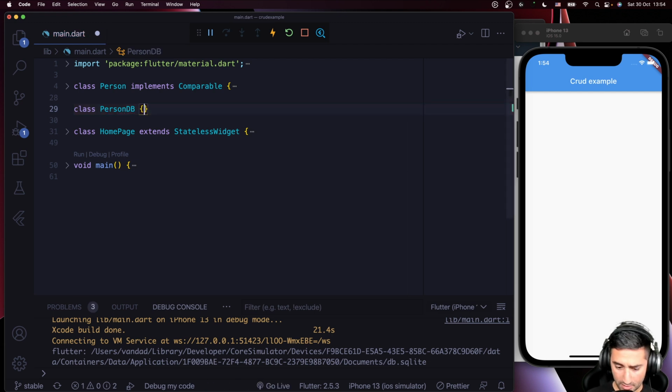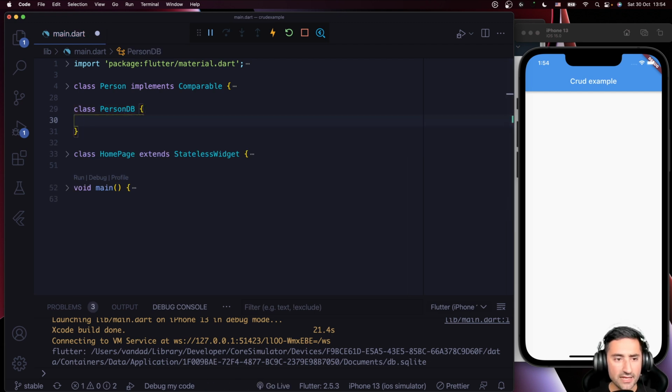Okay. The PersonDB, one of its absolute main components is that it has a stream controller. And I'm going to talk more about this as we go on, but just know that the PersonDB is going to expose some sort of a stream of person objects to its consumer, which is going to be the home page. And within this stream, it's going to just give you an array of persons. As you update, delete, add, and read, you're going to just work with the stream. So it's very difficult to explain it right away. So let's just get started with